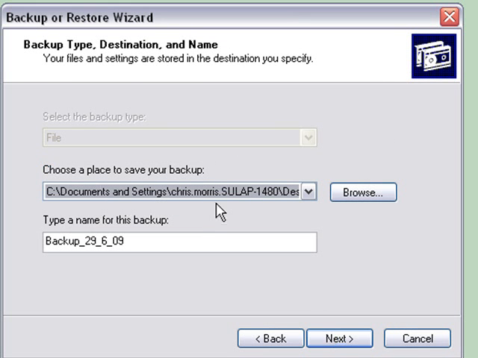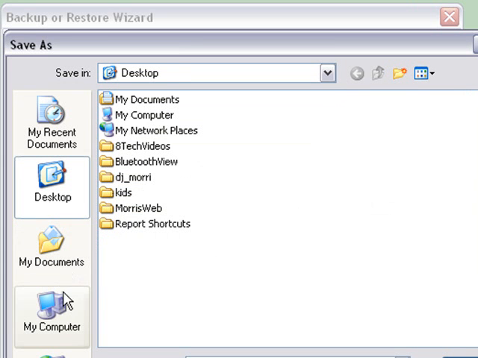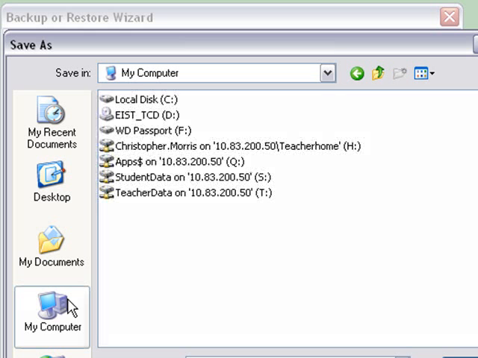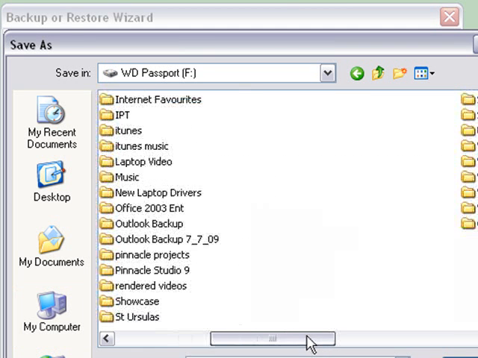Where do I want to save the backup to? As a general rule, you could save it to a transportable hard disk, and as you know, Year 9 at the school have been given transportable hard disks. In many cases their drives are called eGet drives, that's just the brand. You can see the one that I've bought here, it's a Western Digital Passport F drive, so I'll just double click in that,